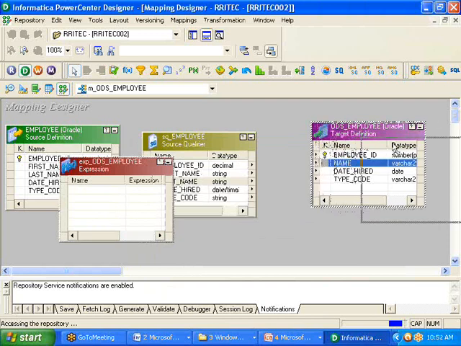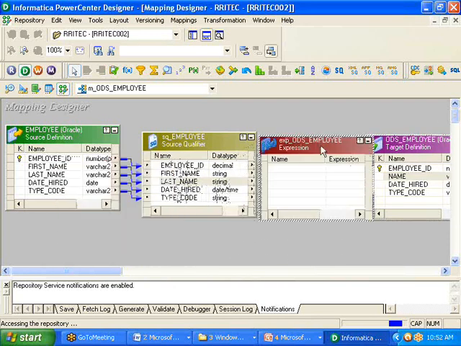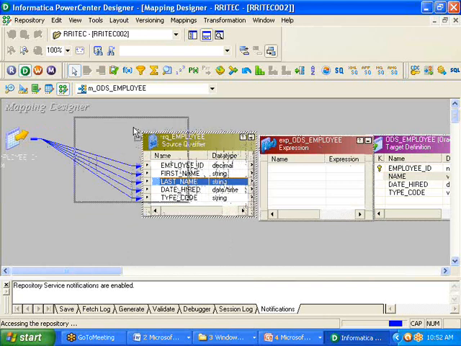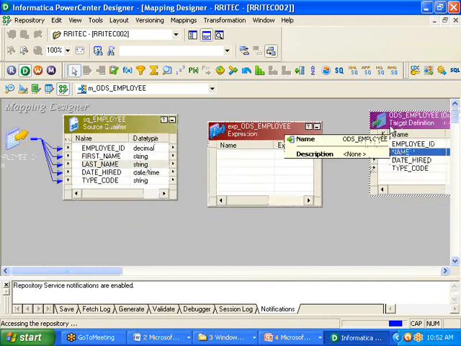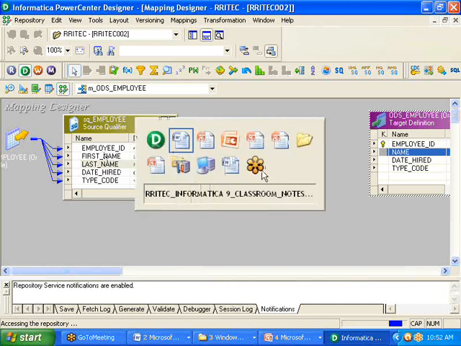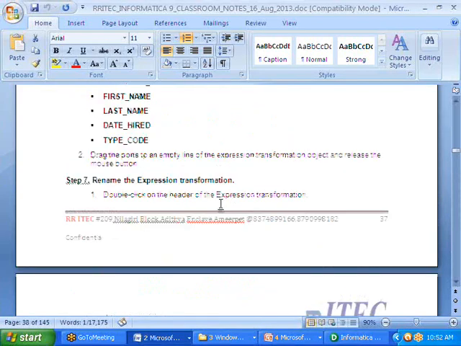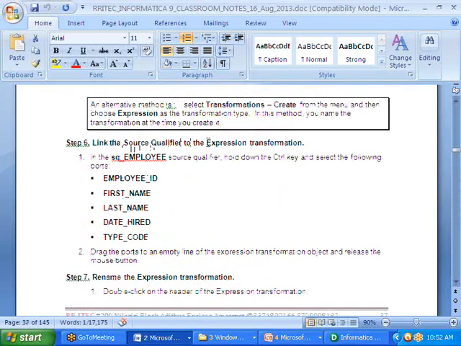Now we have here expression transformation that came, but unfortunately in this one as of now nothing is available, right? For clarity purpose I am minimizing it. Now this is the expression transformation that is available. Now I want to take all these things as input here, and I want to create one more port, right? Let us follow this one. You come to understand. Let us go for linking the source qualifier to the expression transformation.